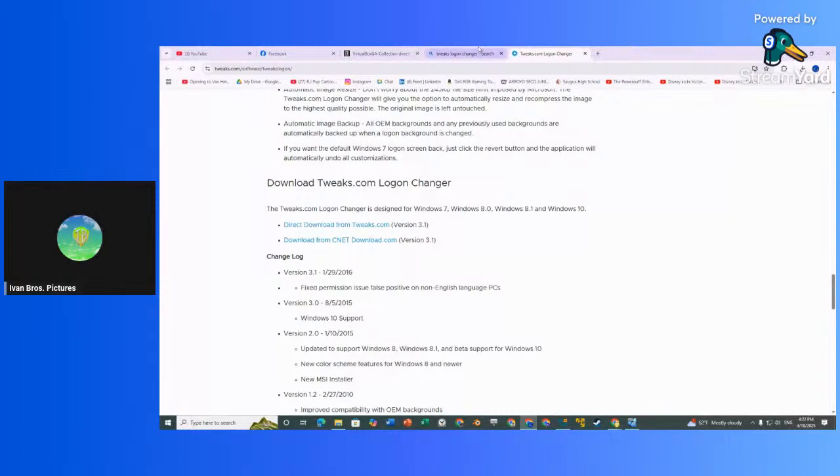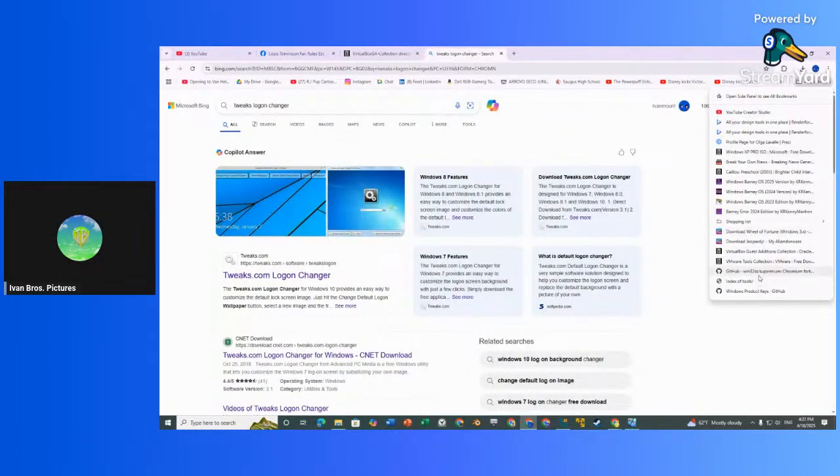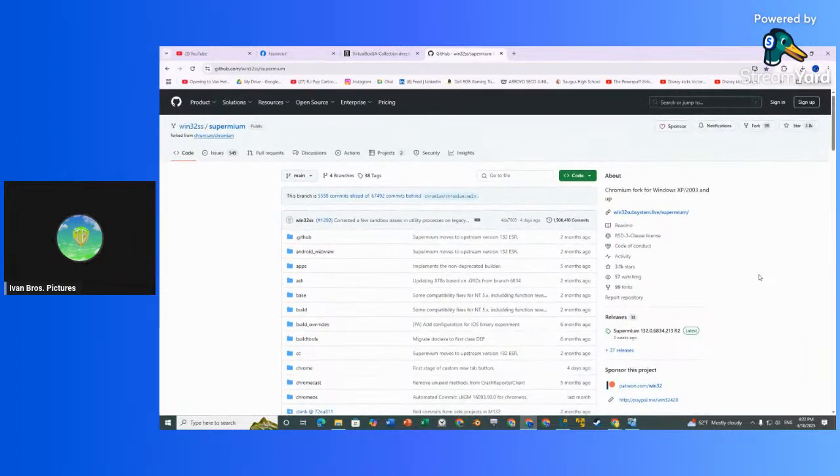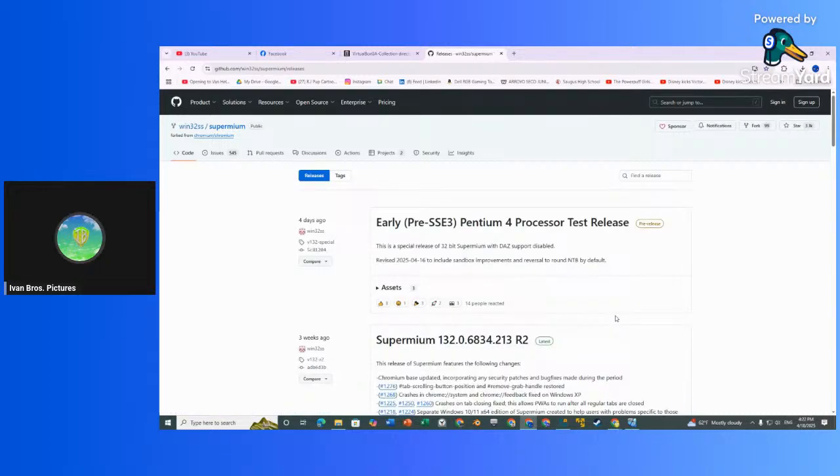So, anyways, I'm going to put that up just in case you need it. You need to download it on your host machine, which is your actual computer, and then transfer it to our VirtualBox VM. Go on the right side, click on Releases on the top of your screen, look for the latest